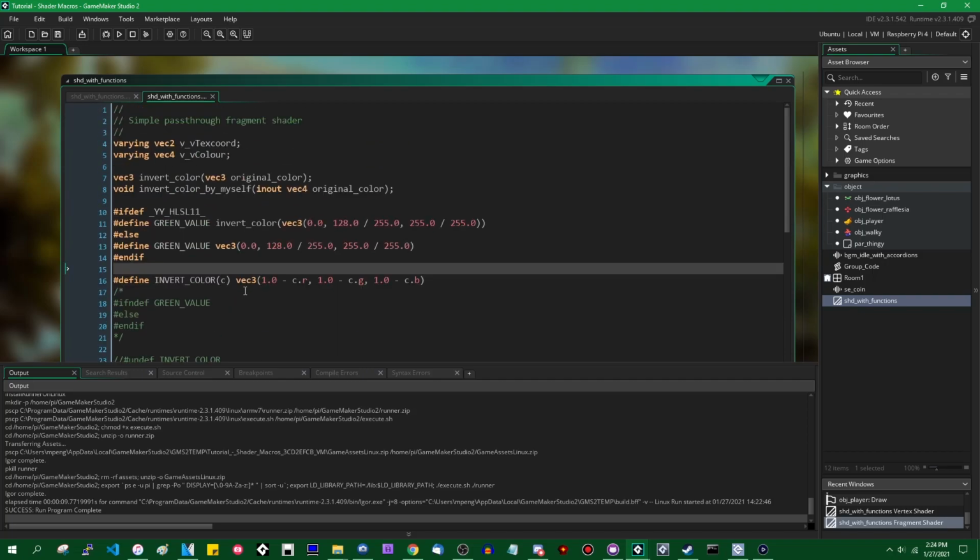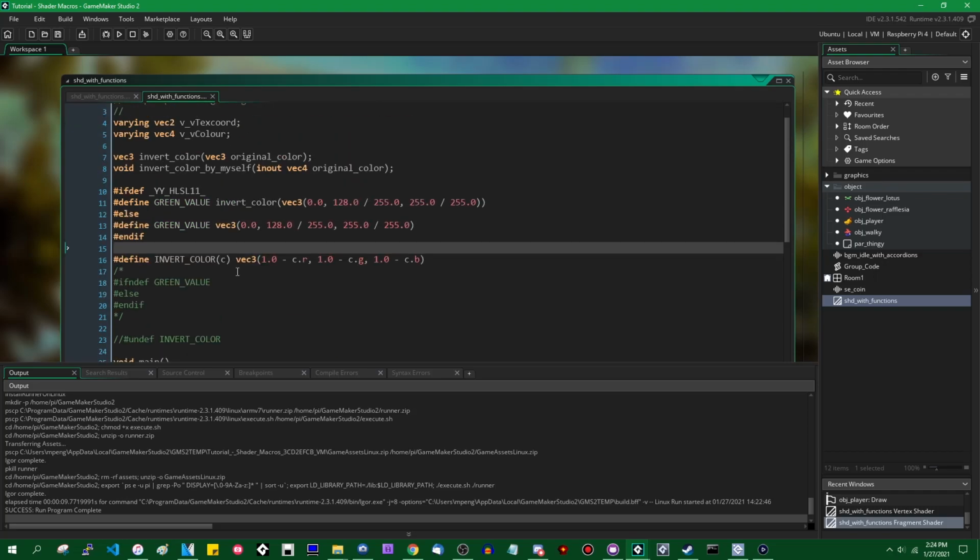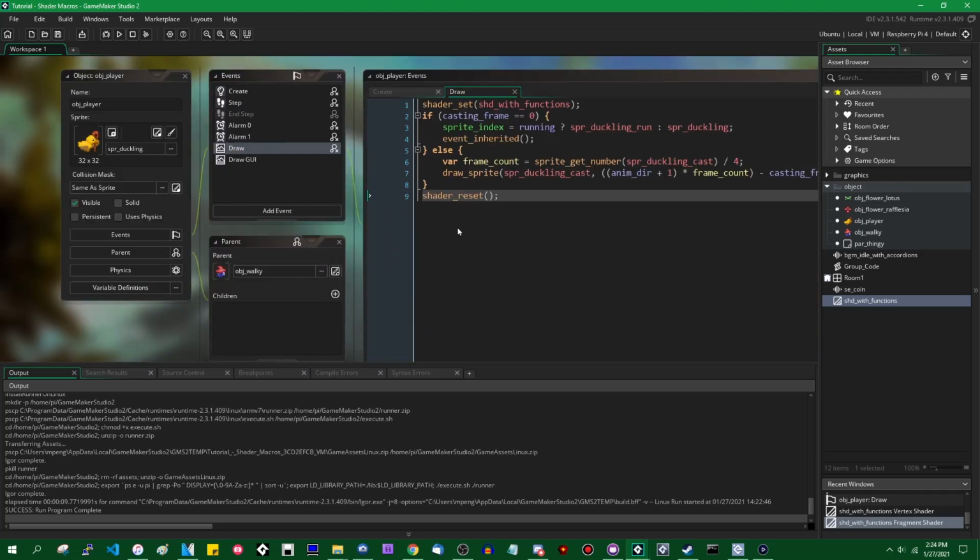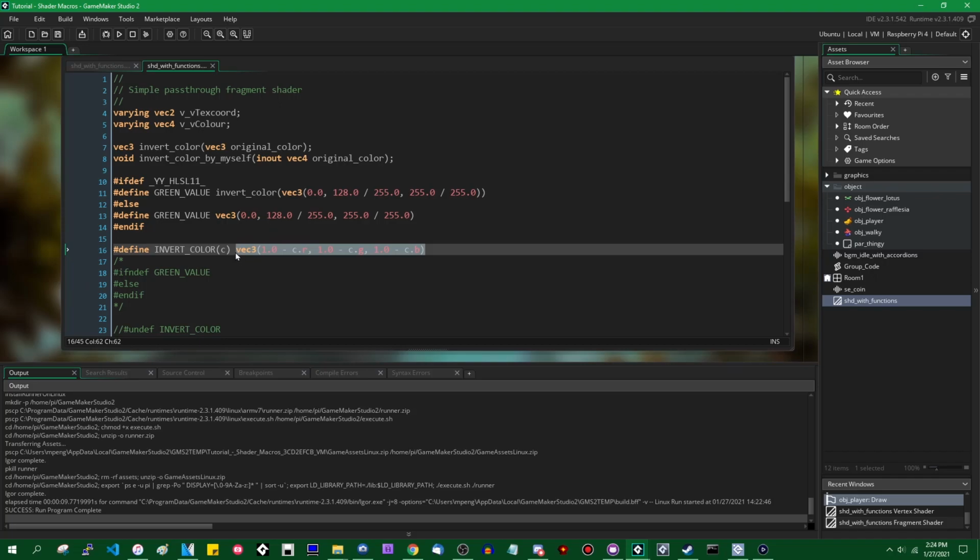Anyway, other than that, that's pretty much it for macros and shaders. The usual warnings when it comes to using such macro definitions apply. If you have something like 5 plus 3 in a macro definition, always wrap it in parentheses if there's more than one term, because the way operator precedence works may mean that things like 5 plus 3 end up behaving differently in your code than you expect, because if you had 5 plus 3 as your macro definition,